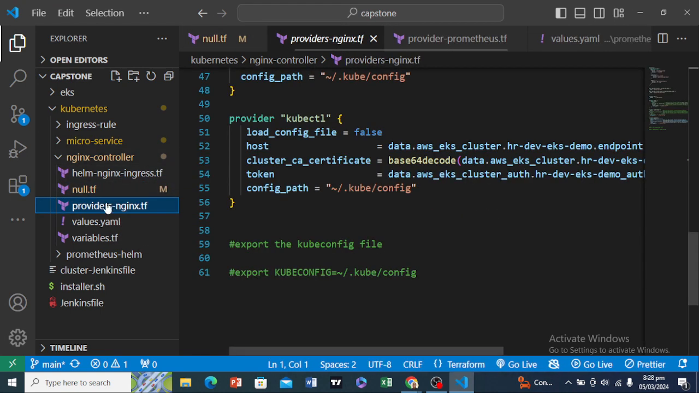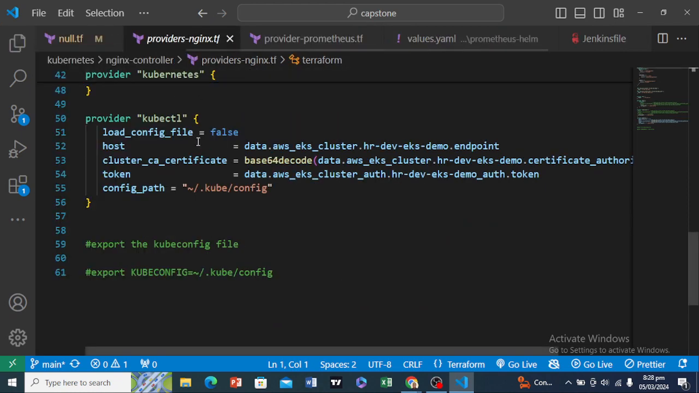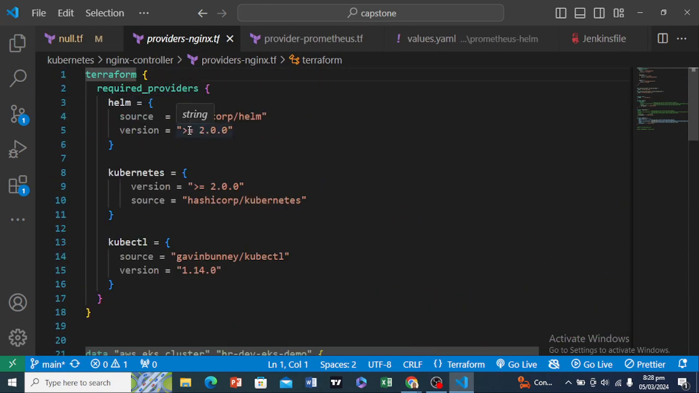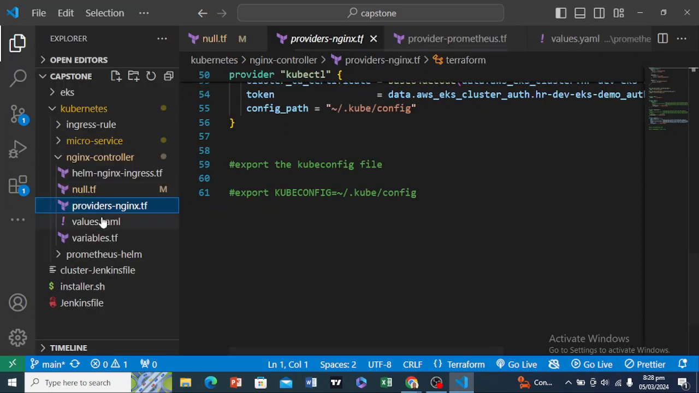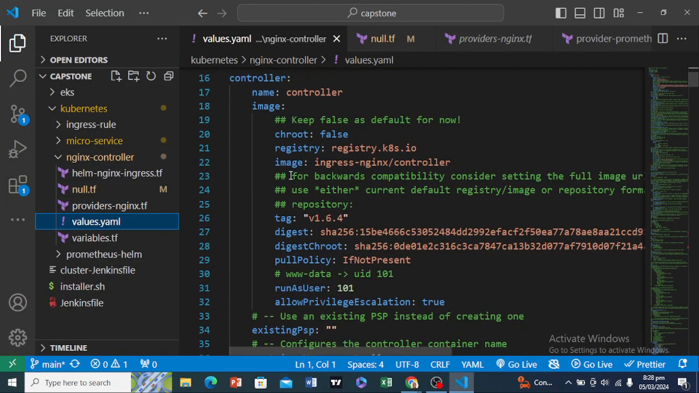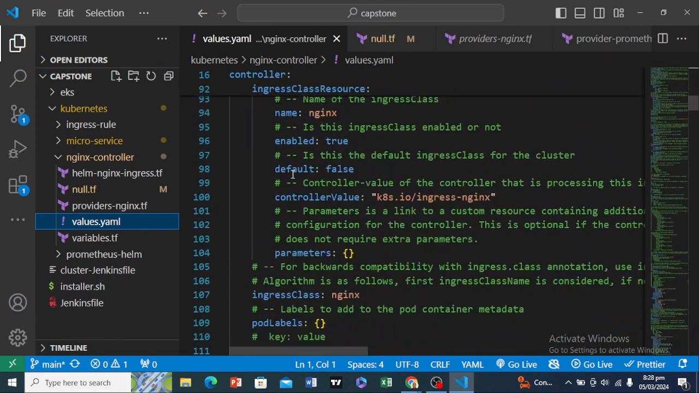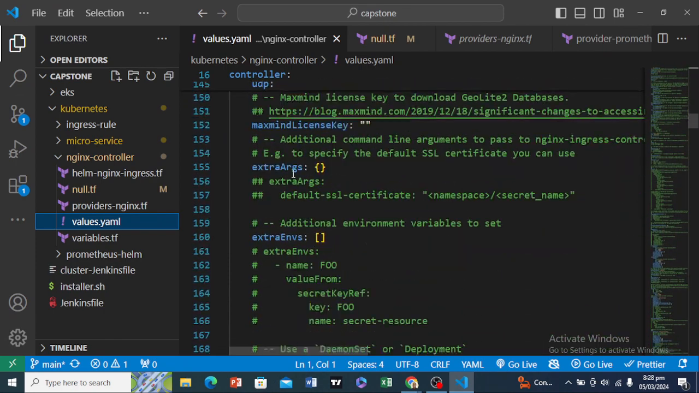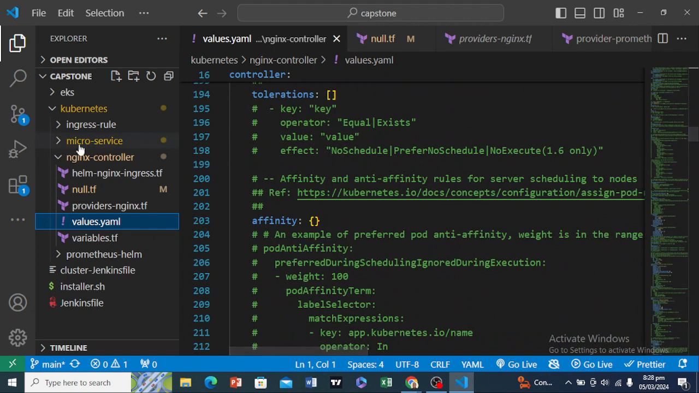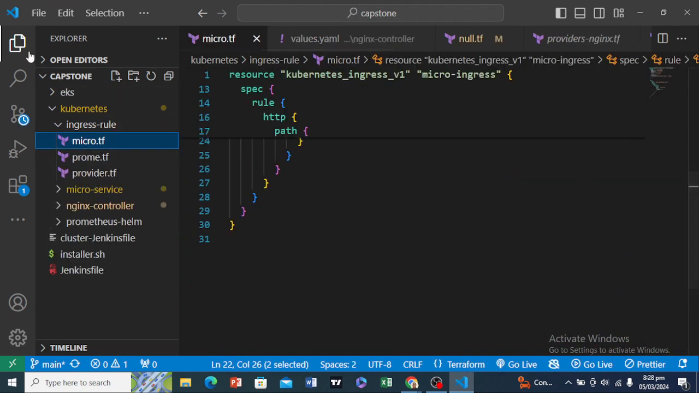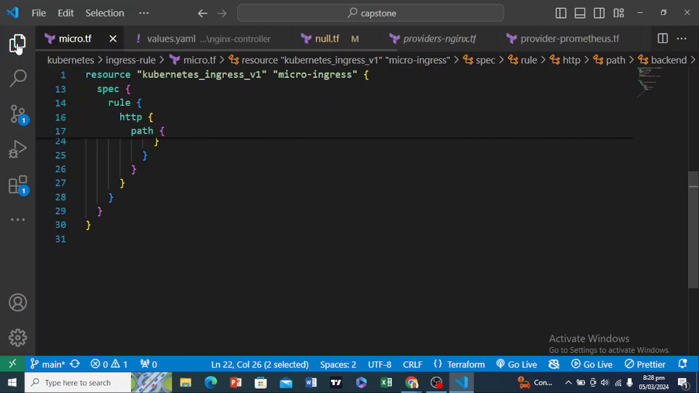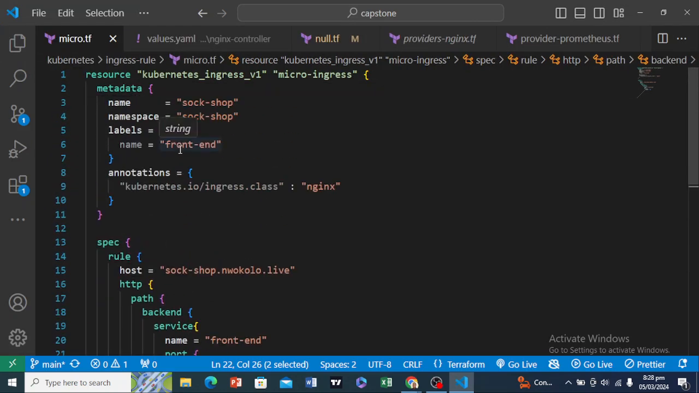So if you go to the providers-nginx.tf, you can see the providers file, which is basically similar to every other one. There's no difference here. And if you go to the values.yaml, you can see the page that changes the configuration, or how Nginx Ingress acts. And if you go to our Ingress rule, which is one of the most important places, because if you don't get this right, you will get an error or an issue while you are trying to access your